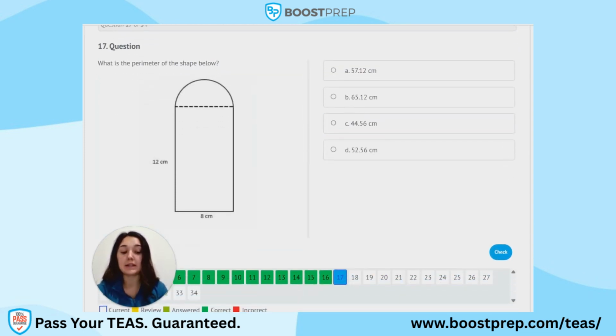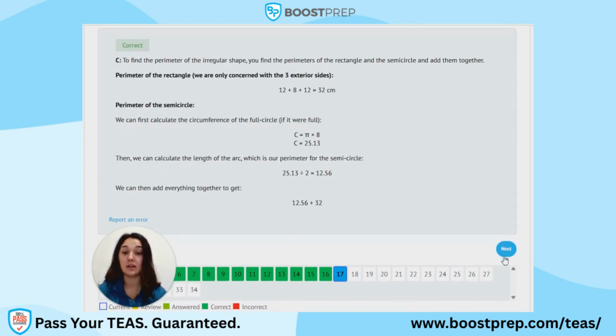Question 17. What is the perimeter of the shape below? A, 57.12. B, 65.12. C, 44.56. Or D, 52.56. And these are all in centimeters. The correct answer is C, 44.56 centimeters. So to find the perimeter of the irregular shape, you find the perimeters of the rectangle and the